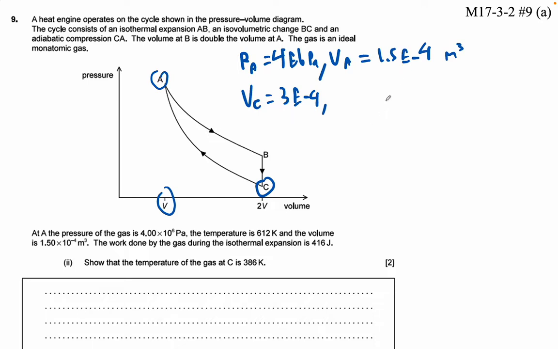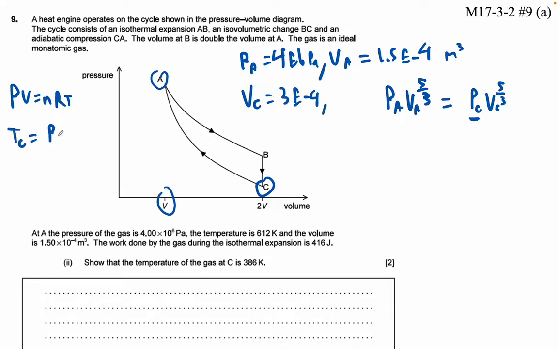We're going to use this equation, because this is an adiabatic process. It has to equal pressure C, volume C to the 5/3. We're going to use that to find the pressure at C. Then we're going to use the ideal gas law, PV is nRT. So the temperature at C is going to be the pressure at C, the volume at C divided by